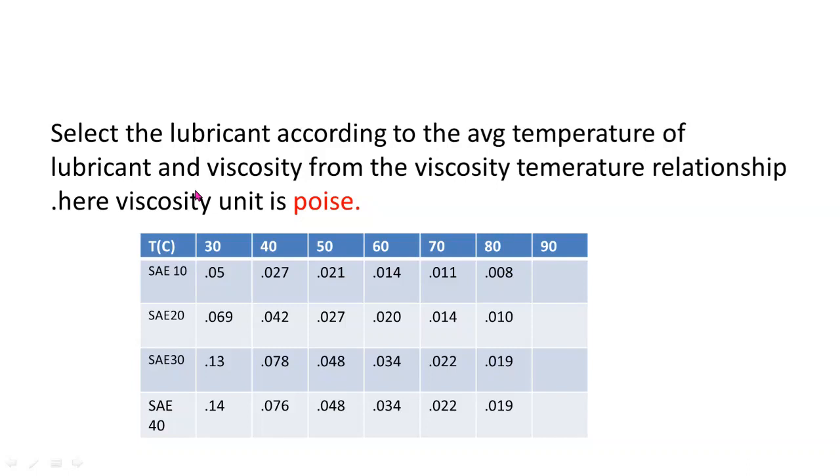Okay friend, here the values as calculated in the question may not match with the values given in the table, because this table has been picked up from a certain data book, and I have not taken the value that is given in the data book for the purpose of our question. So I am just showing this table to make your concept clear, how we will choose the lubricant based on the average temperature of the lubricant and the viscosity of the lubricant calculated in the question.